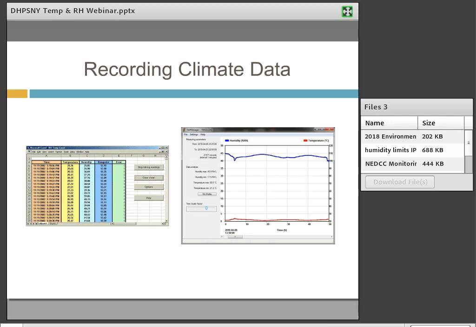And recording data through an Excel spreadsheet or through a specialized computer program can make charting and graphing this data really easy. It does it for you automatically. And that comes standard with a lot of data loggers. But even if it's as simple as writing things down in a notebook,